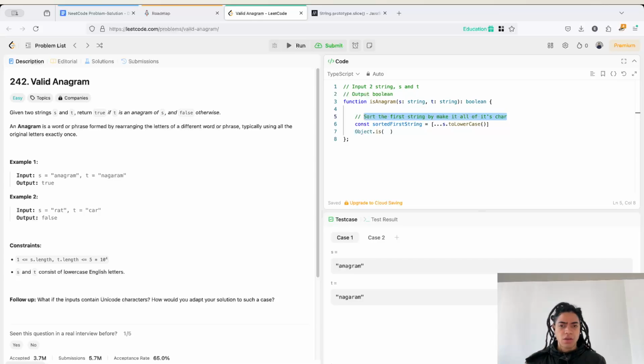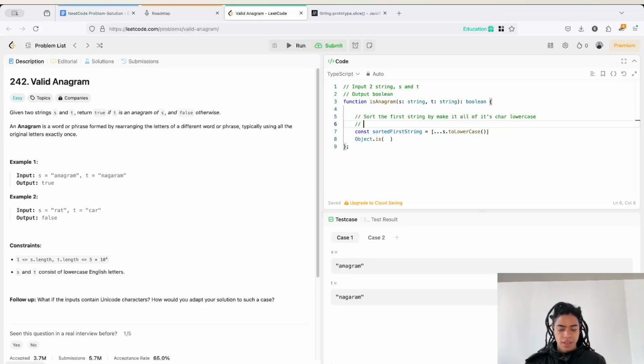What is this? Sort the first string, because the pattern here is that I'm starting with that. Sort the first string by making all of its characters lowercase,